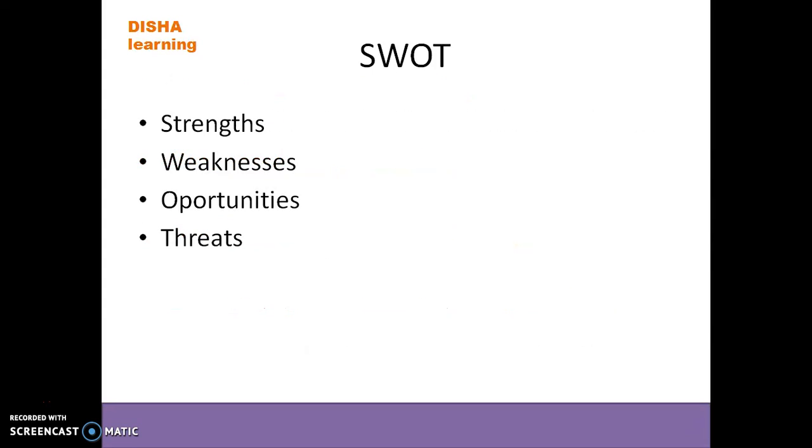So now he does a SWOT. So we'll go to the SWOT. SWOT is strengths, weaknesses, opportunities, threats, and we are going to continue with the SWOT in part 2 of this section. So you can catch me in the next section, which is part 2. We'll look at SWOT specifically. It will be named SWOT.